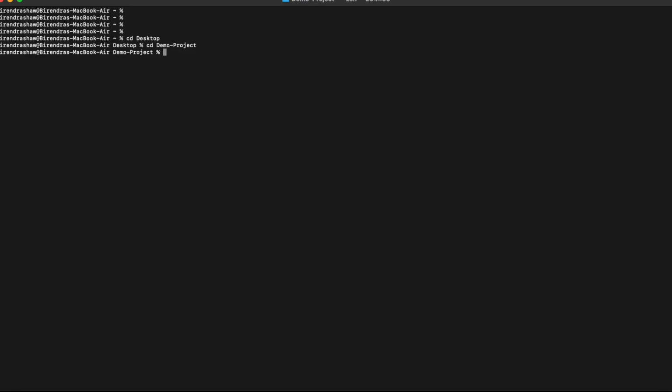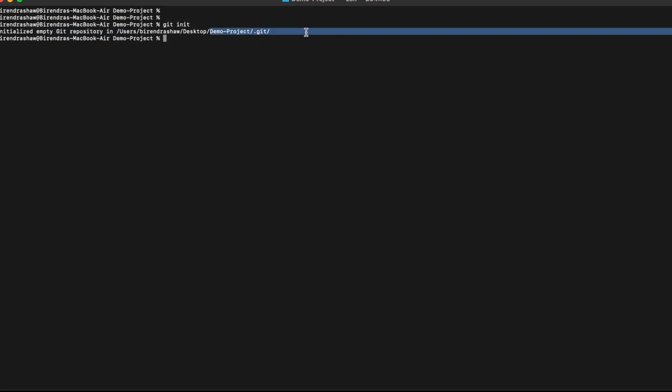Now we are in demo project, so we run git init. Whenever you do this, you can see initialized empty git repository in this folder location, demo project.git. That means this normal folder is now treated as a git repo folder.